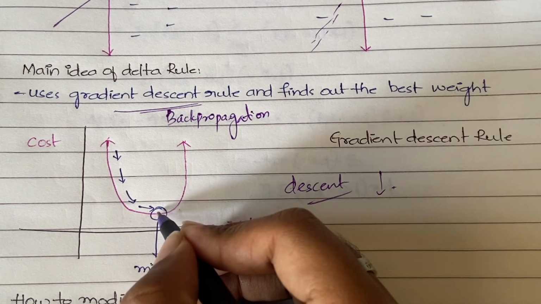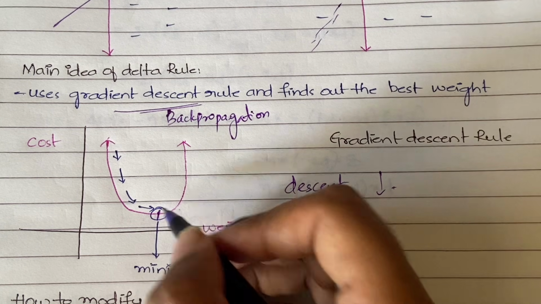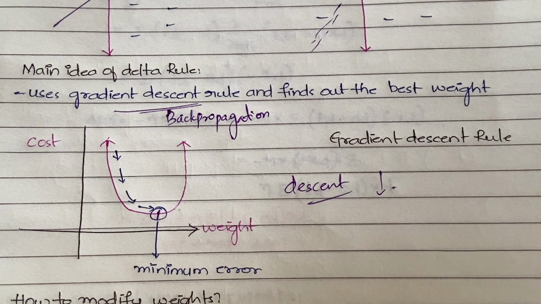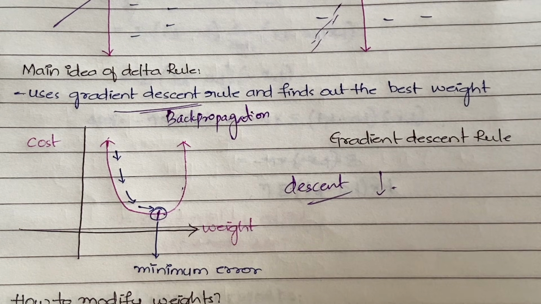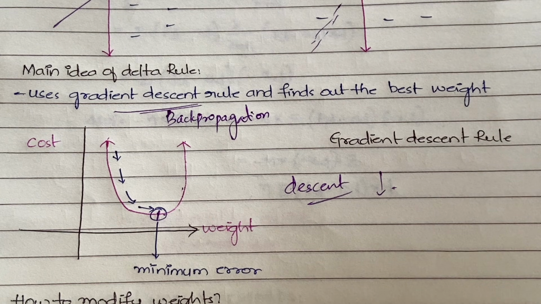And even after reaching this minimum error, if you still try to change the weights again, then what happens? The error will start increasing. So you should not keep on changing the weights even after you get the minimum error. Zero error is not possible. So if you're getting a very minimum, negligible error, then you can stop there, because if you change the weight again, the error keeps on increasing. Okay, done.